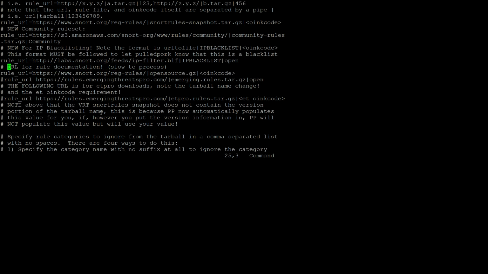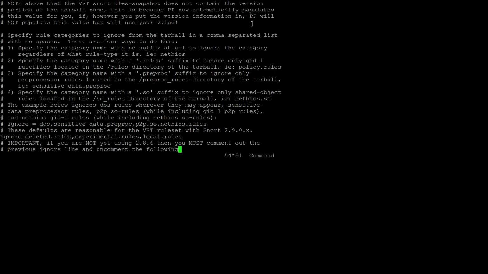Okay, and the other uncommented line here is for the rule documentation, and that's just this line, and it also requires your own code. I'm going to come back to these. I'll put my own code in, and then actually I'll go ahead and do it now. And what I'll do is just edit the video so that my own code isn't seen in the video. And be sure once you have yours not to share it with anyone. Okay, and once you've got your oink code in there,